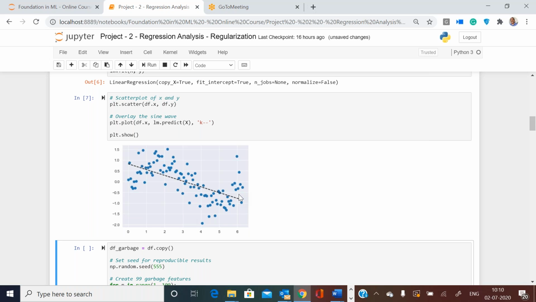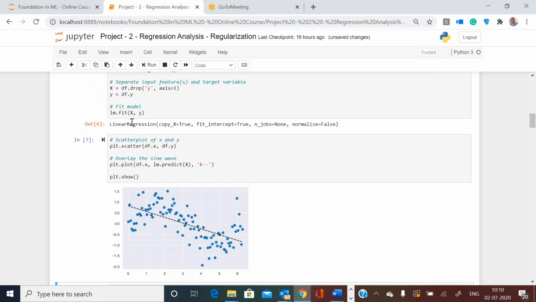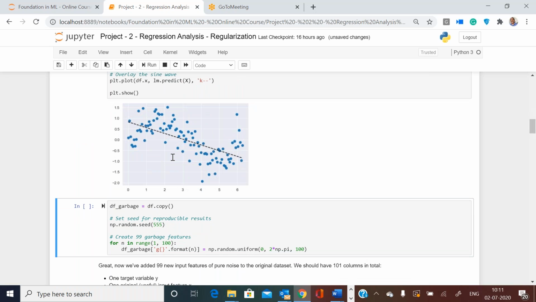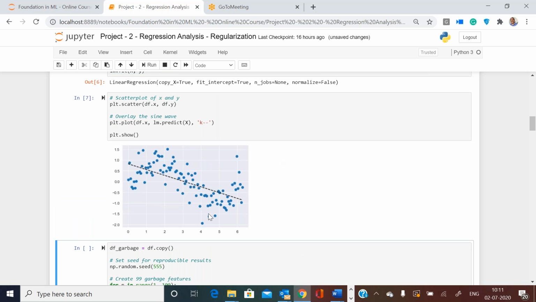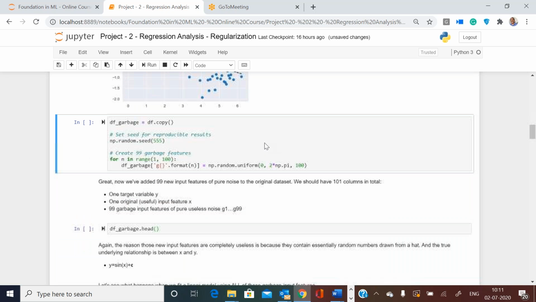What we did during our toy project is that we added more features to this x: x square, x cube, x to the power of 4, x to the power of 5, like that. We ran the same linear regression algorithm, but then it started capturing curves. That's what we have seen. But now let us not add features with polynomial terms, because mathematically there is a relationship between x and x square, and still a relation between x and x cube, so that is why the curvy relationship has been identified.